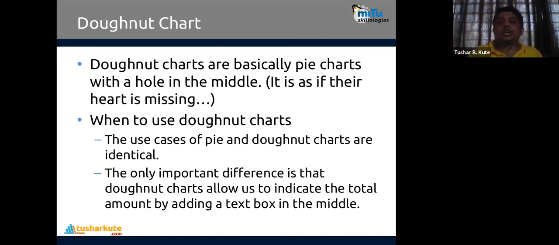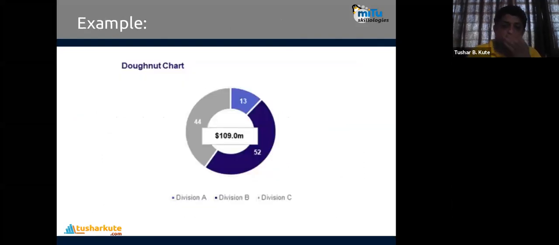Donut charts are basically pie charts with a hole in the middle. See this: the total number is given at the center, and the outer circle shows you the share of all.